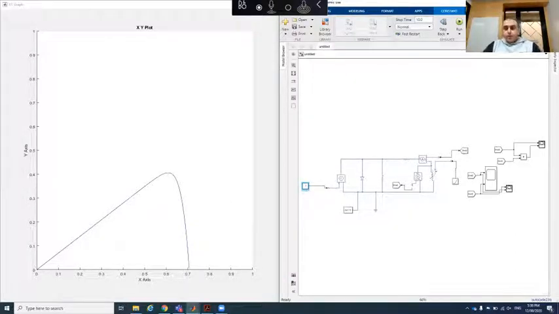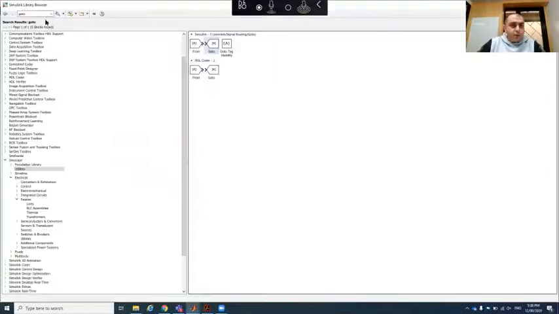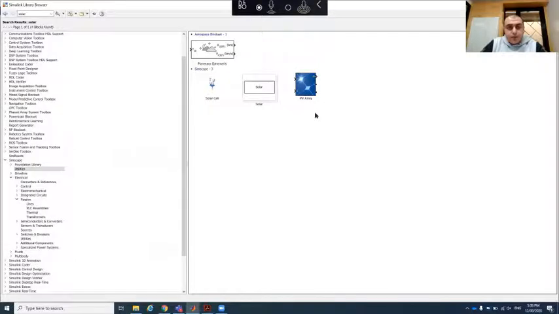Okay, so this is roughly the simulation for the solar cell using the simplest structure for the solar cell. Okay, in fact, MATLAB has a library, or a module, for the solar cell. So just type solar, then I can find there are different types of elements. So if I select the solar cell,